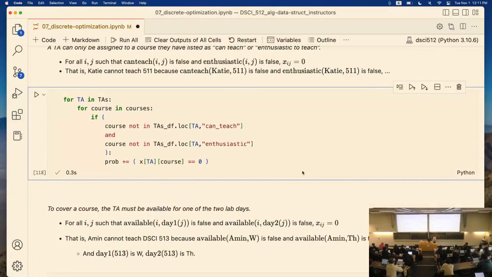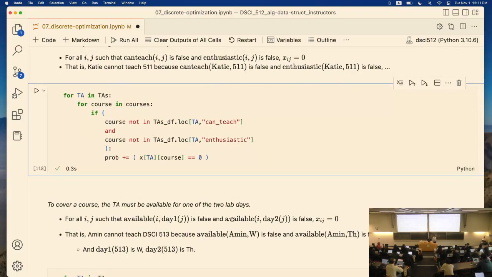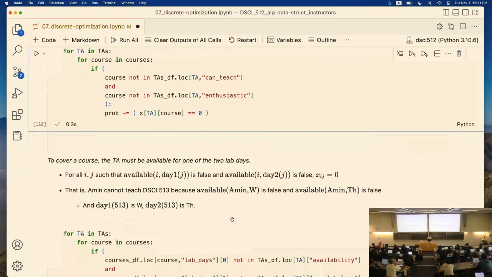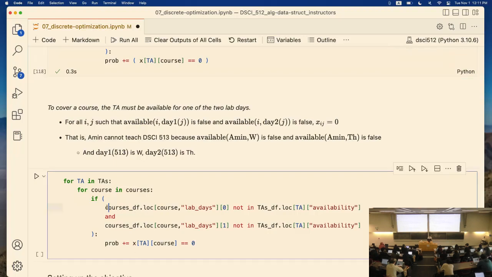All right, so the other constraint. Okay, let's go through that a bit more quickly. To cover a course, the TA must be available for one of the 2 lab days. And this is just a bit more coding, nothing really particular. So again, loop through all TAs, loop through all courses, and I'm going to look at here. So if the lab days of that course are not in the availabilities of that TA, and